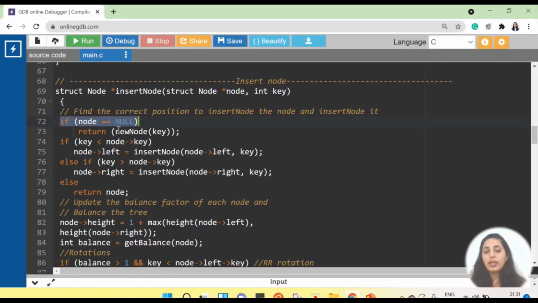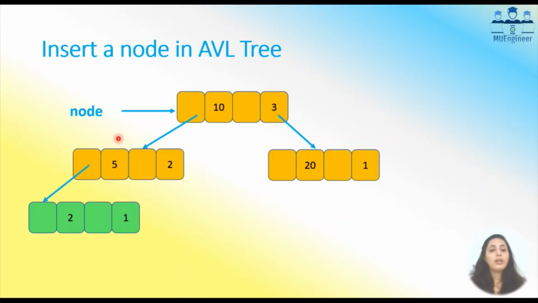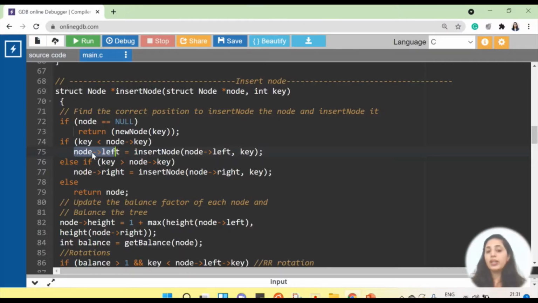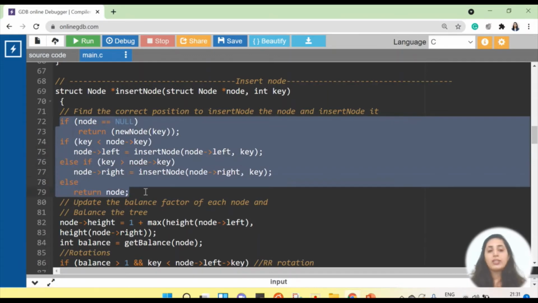At some place when your node is null, you are creating a new node with the value key which is provided by the user, and you are returning it to the calling function. So it will go to the calling function of left, because the left call had called it. It was a left child. When it returns that node's address, that address is stored in the left pointer of the previous calling function, that means node 5's left pointer. So 5's left will hold the address of node 2. This way these functions are returning and getting connected. So in these lines, your new node is getting inserted in your AVL tree.